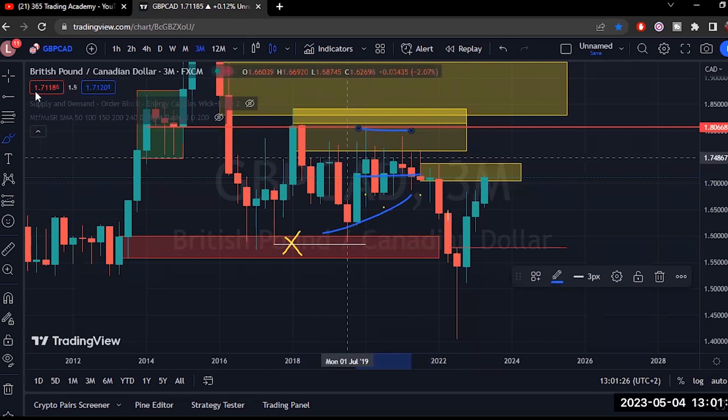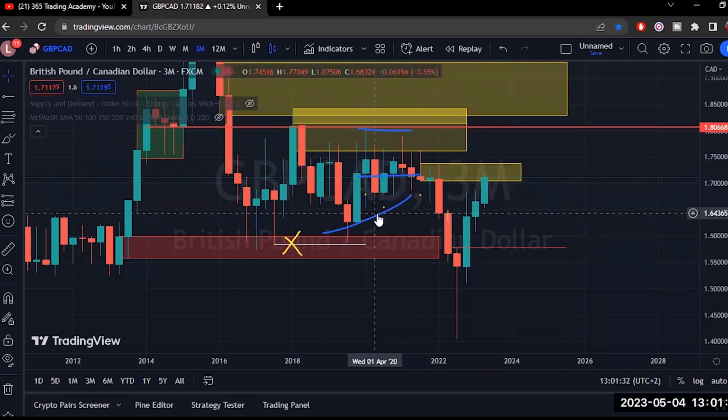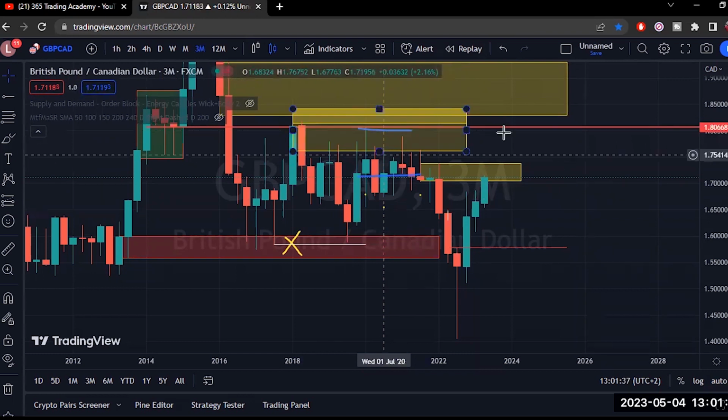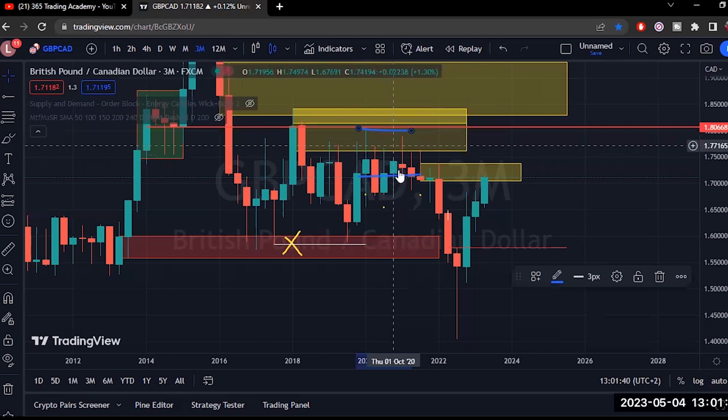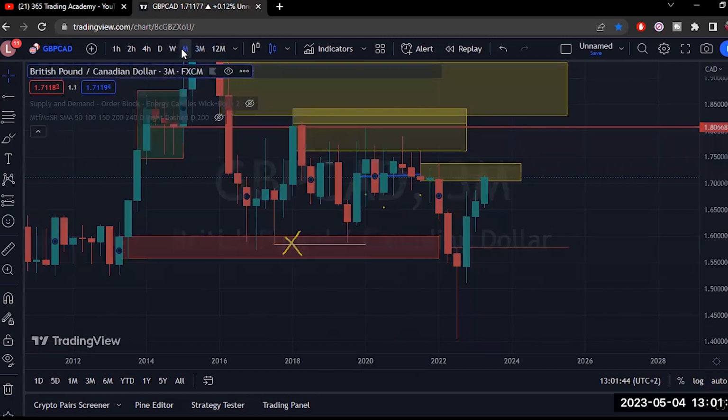If you look to the left, price would have to succumb to something, right? So even if the supply that price is at right now, the 3 months time frame does not work, right? There's still a lot of sell pressure to the upside here, but clearly, these yellow zones that I have are from a governing time frame. So let's go down to the monthly time frame and see what that looks like, right?